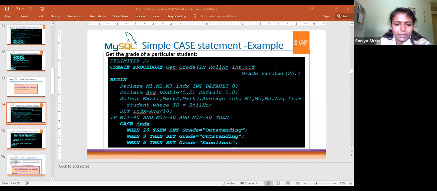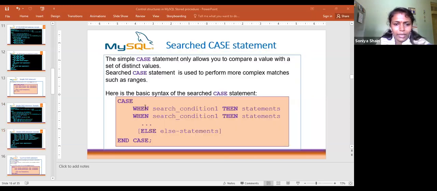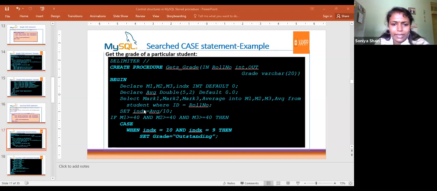Go through case index when 10, 9, 8, 7, 6, 5, 4 once again. Let me show you the syntax of the searched case also. Here comes the difference. See here, in case, there is no need to mention the index. Instead, I say when index equals 10, or you can give greater than or equal to 10 also; you can try that yourself.